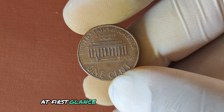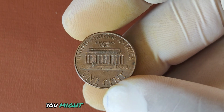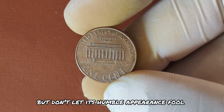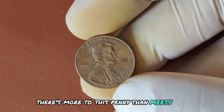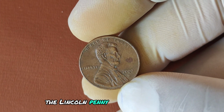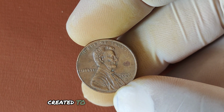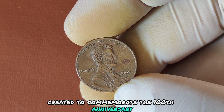At first glance, it looks like any other coin you might find in your pocket change. But don't let its humble appearance fool you, there's more to this penny than meets the eye. The Lincoln penny has been a part of American currency since 1909, created to commemorate the 100th anniversary of President